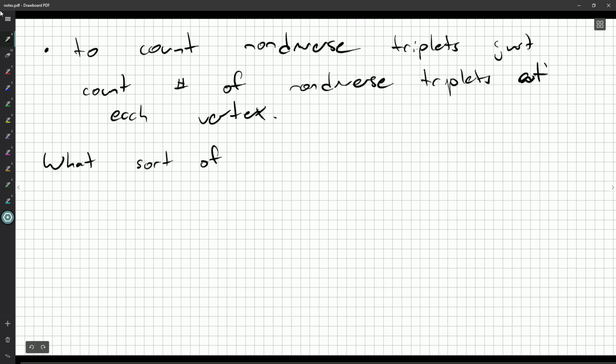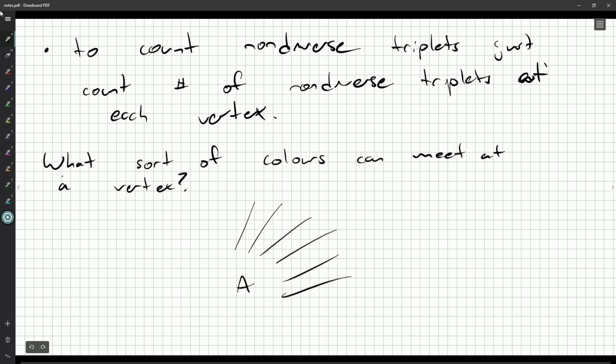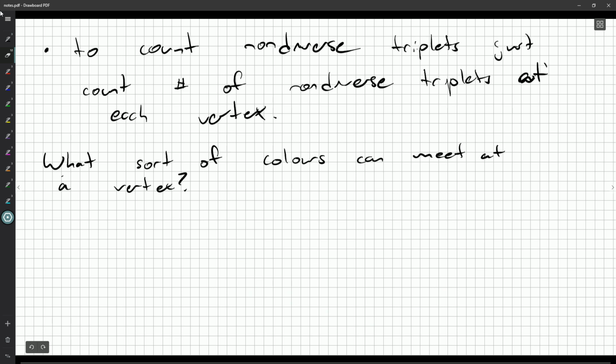So what sort of colors can meet a vertex? And I'd like to minimize this if possible. And, you know, if I find a way for me to only lose 3 triangles at A, that doesn't mean, okay, you can lose 3 everywhere. And there's definitely a complete graph that we can draw that works that way. Remember, there's 2 parts to this. Getting that upper bound and then showing it can happen. Okay.